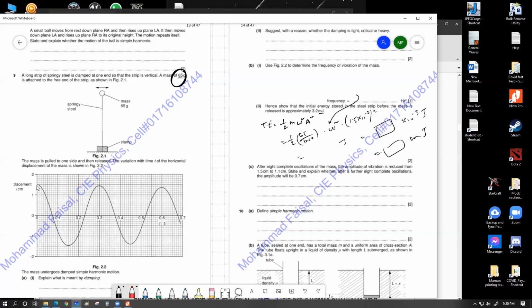The answer to this question is it wouldn't be, because the pattern of the fall of this amplitude is negative exponential. The damping equation has a negative exponential property. So the smaller the amplitude becomes, the slower the energy loss becomes. So it keeps on losing energy at a much slower rate. So it would require a bigger number of oscillations to reach 0.7. You can either say that, or you could say that after 8 oscillations, the amplitude will be bigger than 0.7 centimeter. Why would that be? Because you have to state with an explanation.